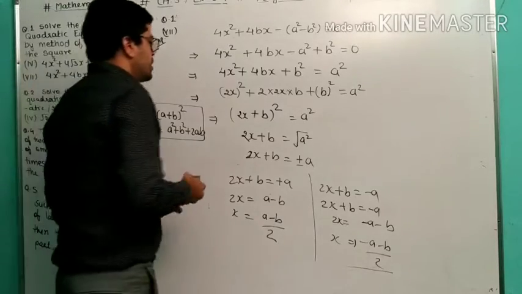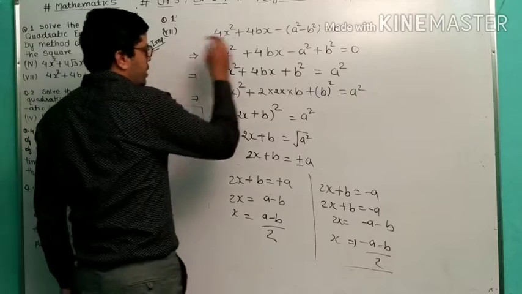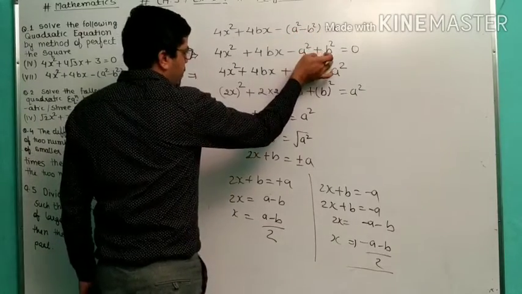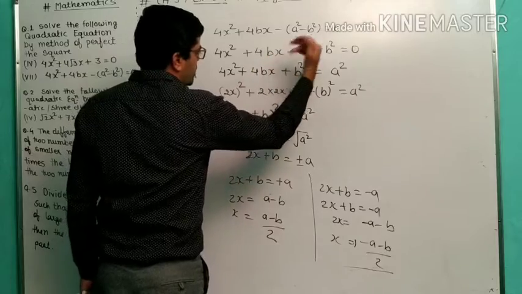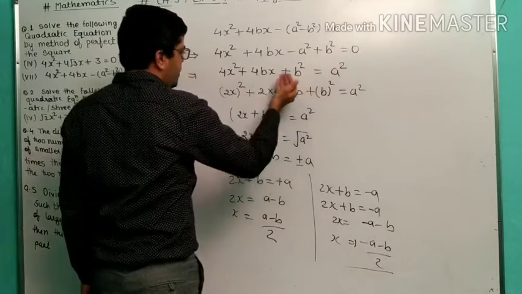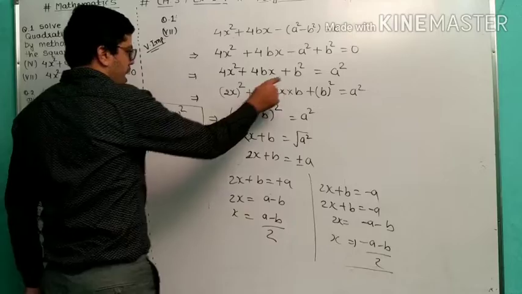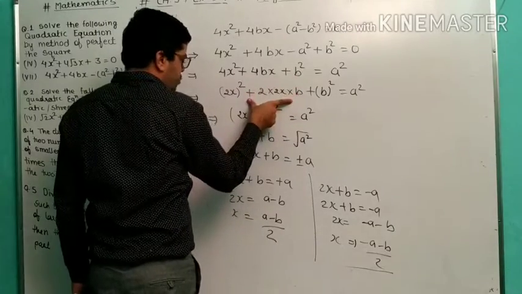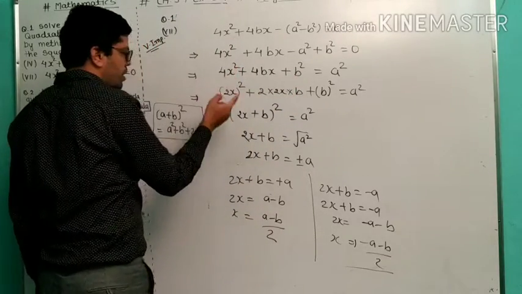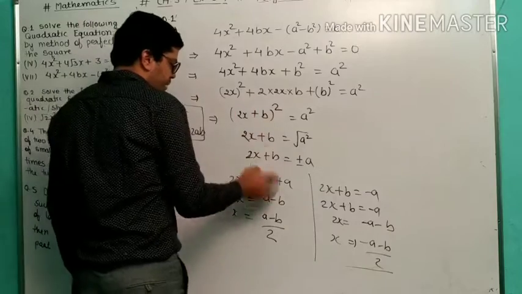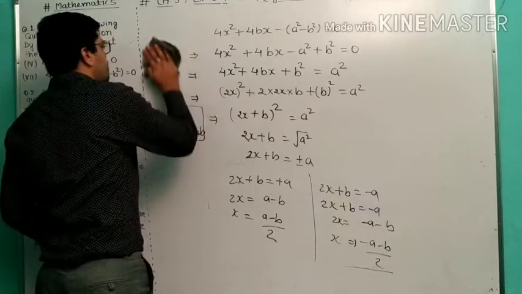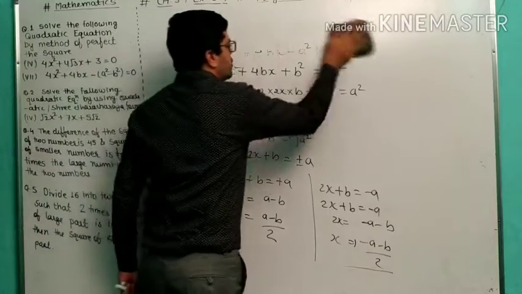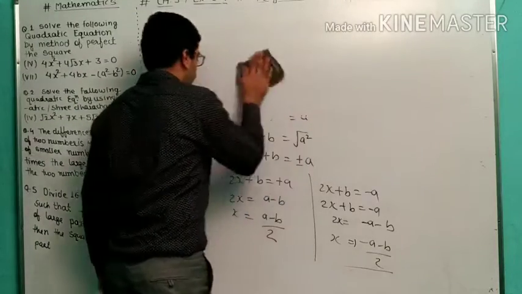So this is a very simple question. You only have to open the bracket, and after that try to understand that this term contains b. So we just transfer a square to the right hand side, and take b to the left hand side. After that, you have to make it a perfect square, because we have to find the roots on the basis of a perfect square. After that, we do the simple calculation. So hopefully you understood this very important question, question number first, part 4, exercise number 3.4 is going on.